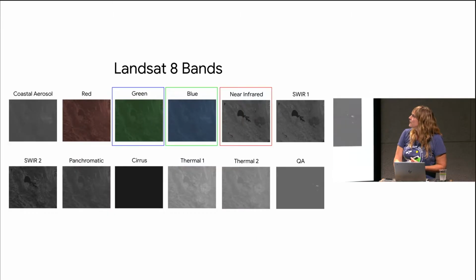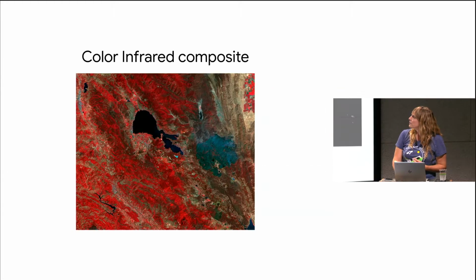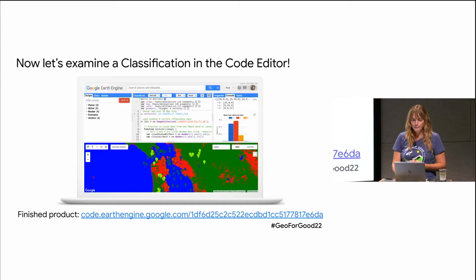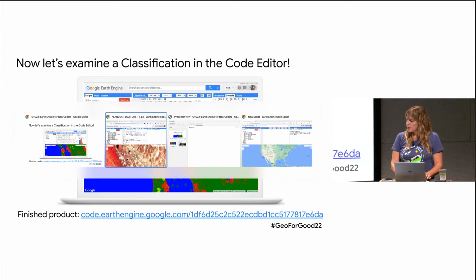If you do what we did earlier, near infrared, blue, and green, it'll give you the color infrared. And so you're basically just changing how it looks to your naked eye so that you can see these different patterns pop out. Okay, so the next thing we're going to do, and we're going to move pretty quickly, but I'm hoping you guys see kind of what is possible here, is I want to